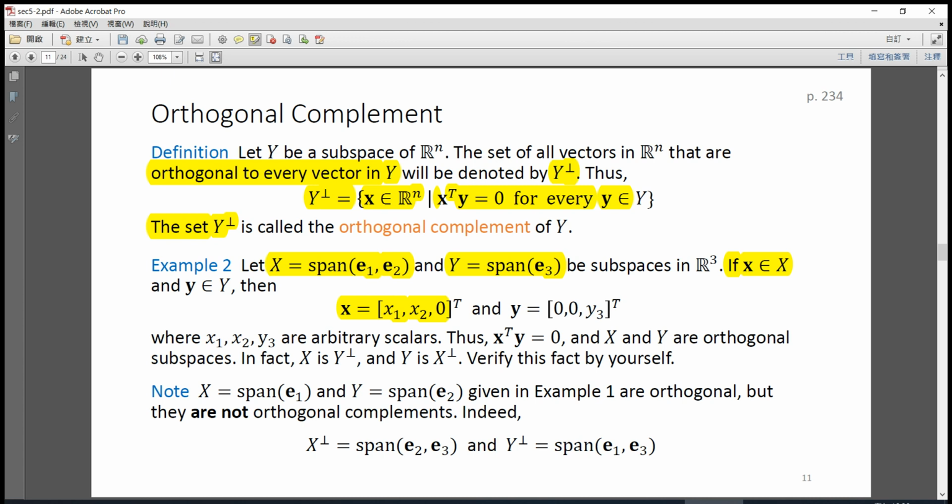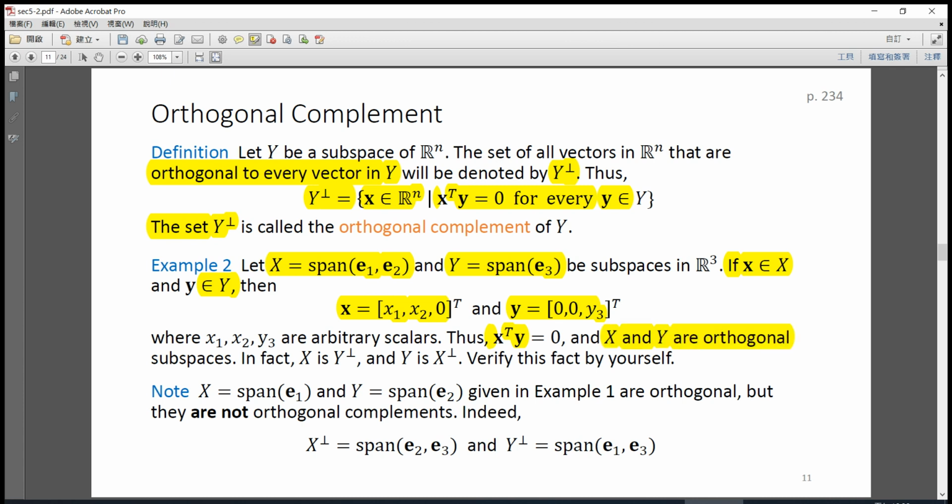If y belongs to the z-axis, then y can be written as 0, 0, y3, where y3 is an arbitrary scalar. Then we know x transpose y